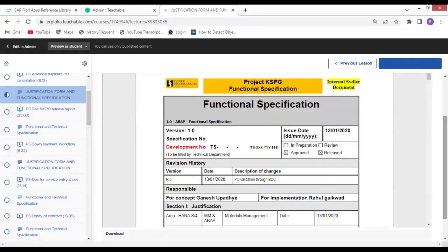So this is one of the real-time FS documents which we have prepared. So this is an FS document, how it looks. Each and every business is going to have their own